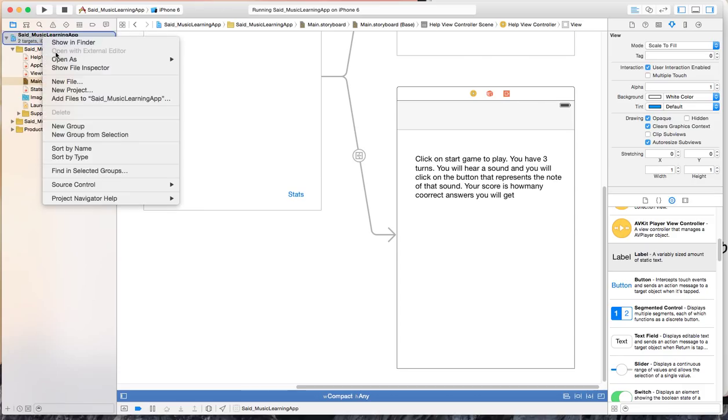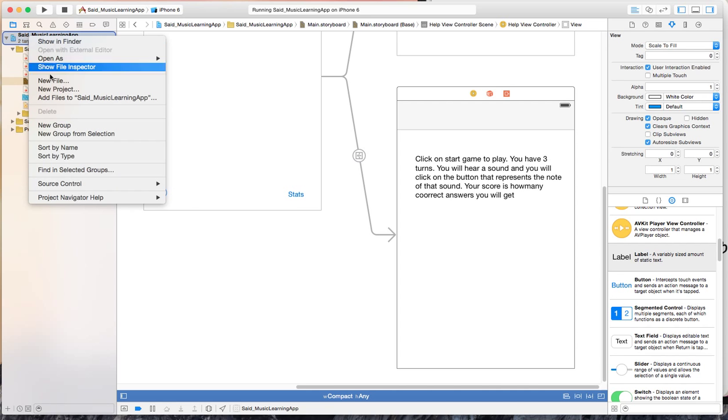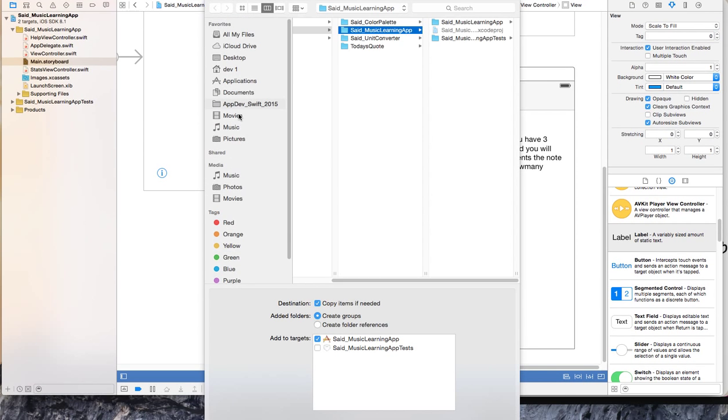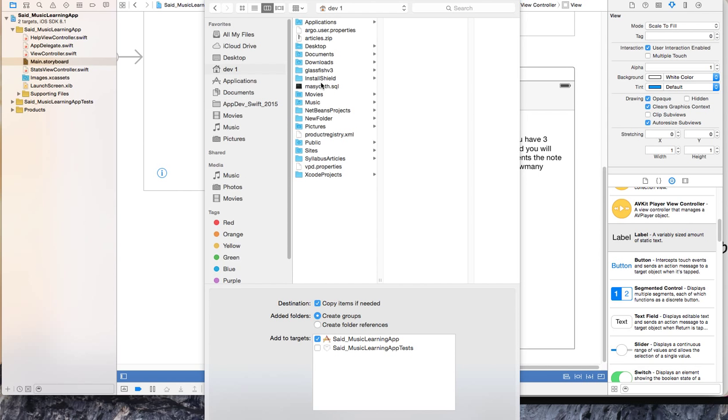So you can download that from the learning management system for the class, if you're watching this, otherwise you can download different files that you want. So to add files to the project, you can right click on the project name and say add files to the project. Navigate to where the files are. I have them here under the download,